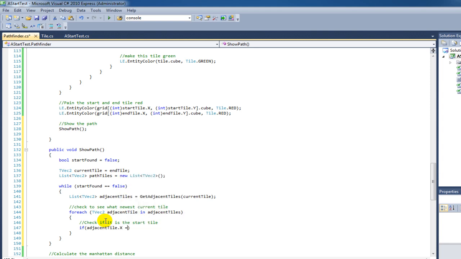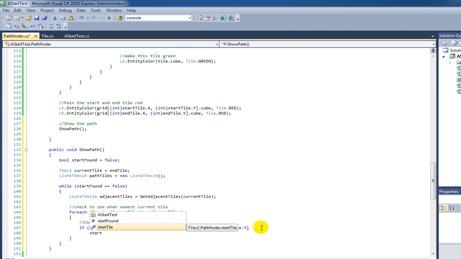Once again, I'm doing this with a little bit more typing work than actually necessary, but I prefer this myself instead of just typing the entire vector. I like to type the entire vector here. Okay. Oh, start tile.y. Okay. And what I want to say here, well then, if that's actually true, then I want to say start found is true, because we found the start tile. That's the tile we're working towards. And if that's not the case,